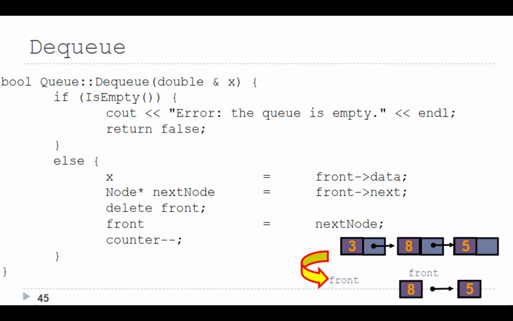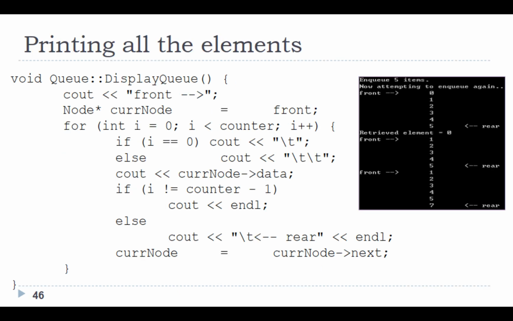Dequeue. bool Queue::dequeue(double &x) { if (isEmpty()) { cout << "Error: the queue is empty." << endl; return false; } else { x = front->data; Node *nextNode = front->next; delete front; front = nextNode; counter--; } }